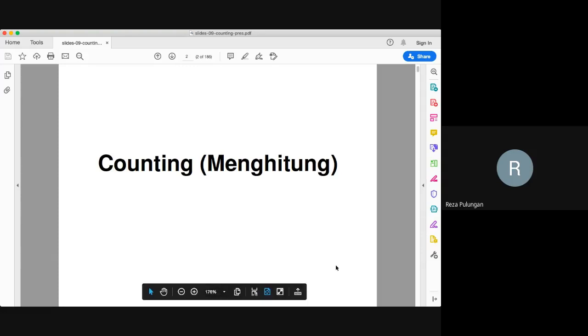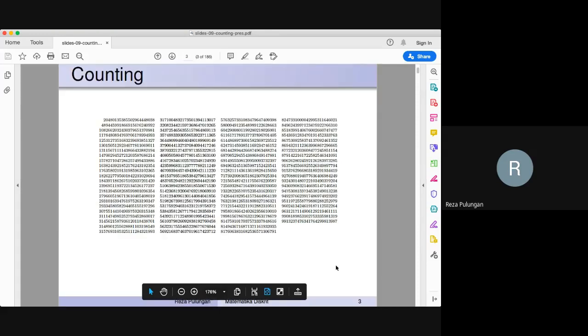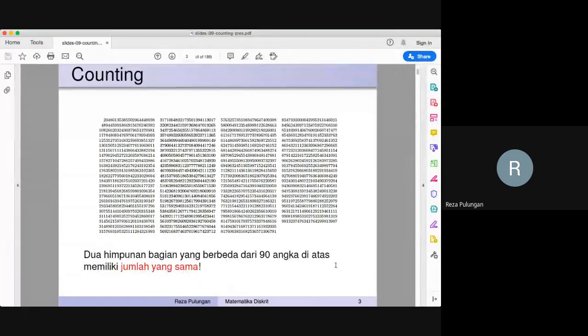So let's start then. Look at this list of numbers. There are 90 numbers there, and they are very large. Each of them is a very large number, almost 20 digits, maybe up to 20 digits.